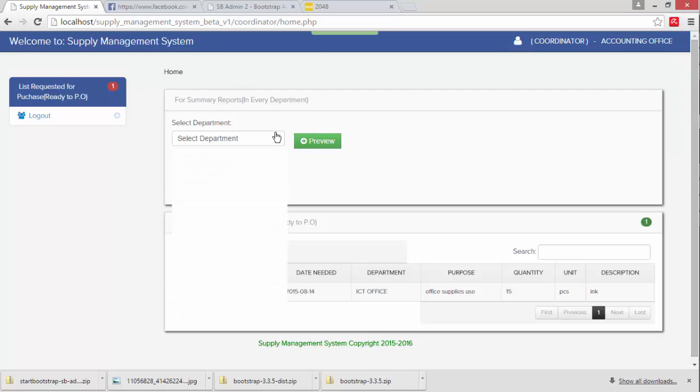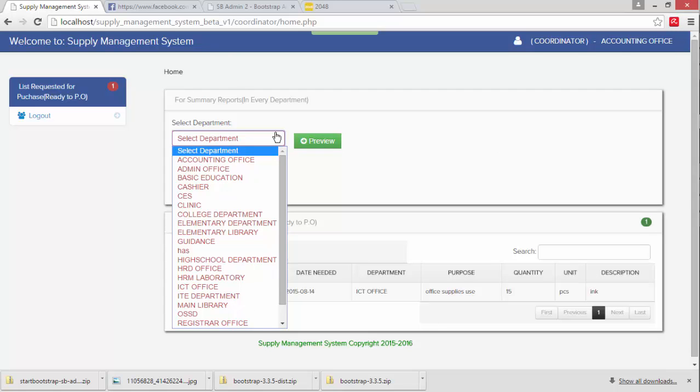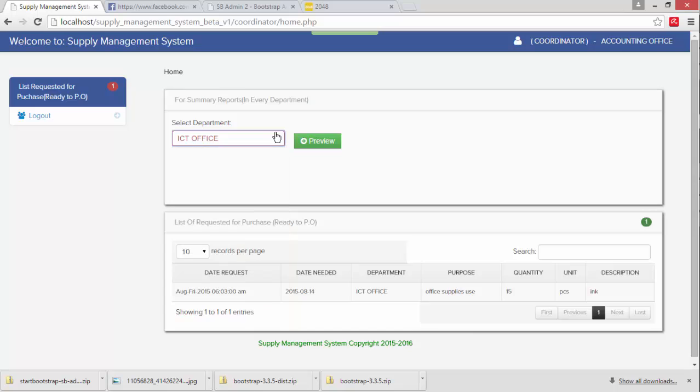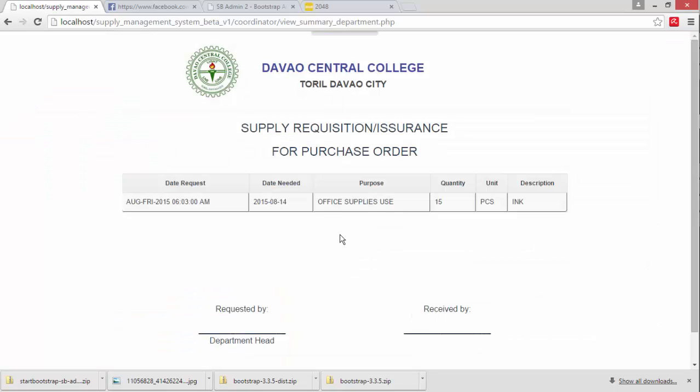Just select the department that will request for office supplies. Just say ICT office. So just review this. So this is a form of the request for purchase order. So just print this. So it will display this one.